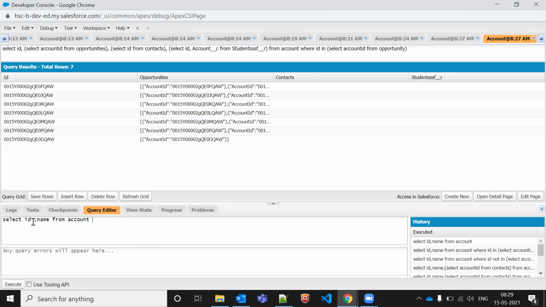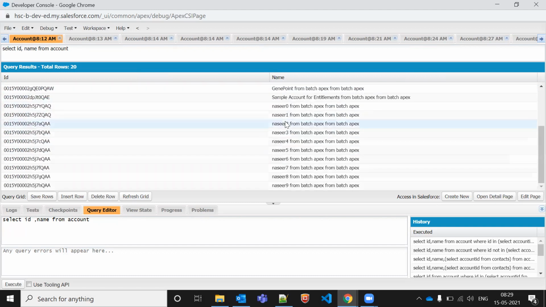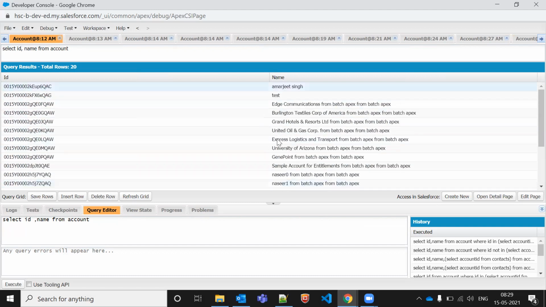My requirement is to fetch the account which starts with A. Let me execute this and click on the refresh button. Okay, fine, this is Amarjit. So it should fetch Amarjit, if there is something starting with A, then it should fetch that one.